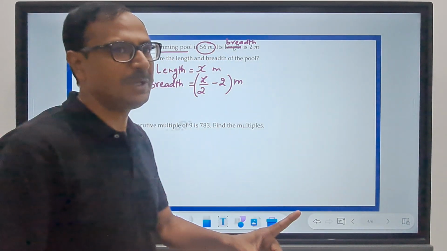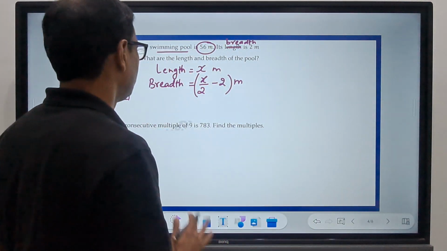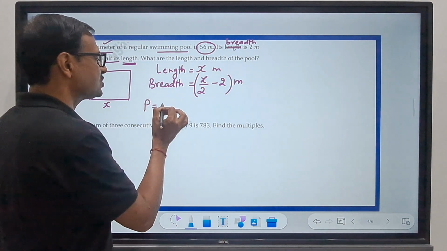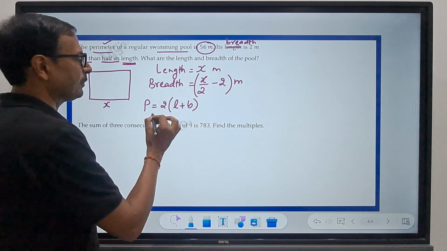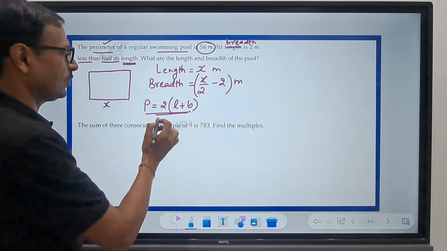Now that is going to help me in framing the equation. Do you know what is perimeter? Perimeter is twice of length plus breadth, right? So I am going to use this to frame the equation now. Twice